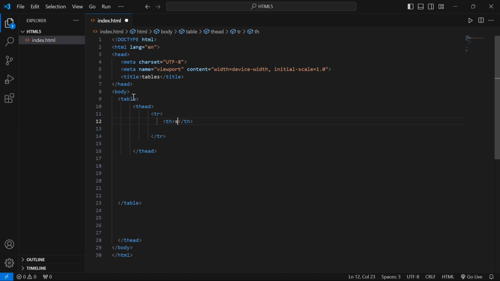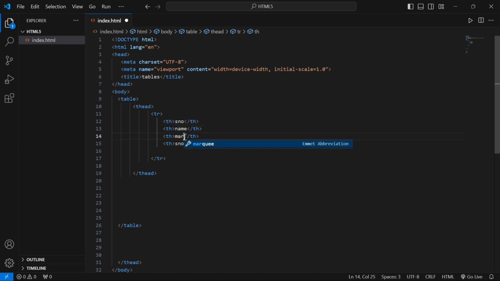So I will write here serial number, S number, and copying this heading part and pasting. In this part I will write the name, roll number, and here marks. So Control S, saving the code.